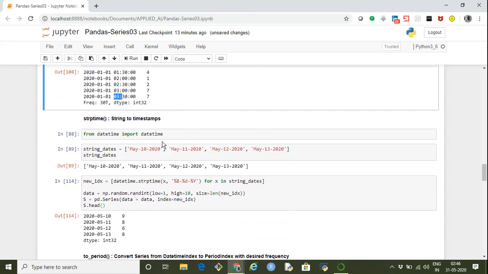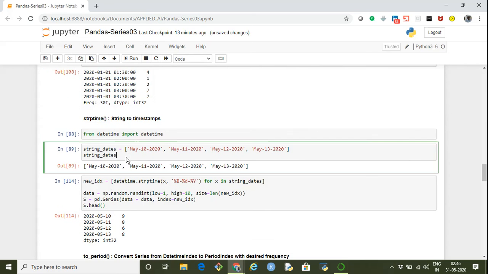Let's say we have a list of dates which are not in our standard format, in a slightly different format. Then we can convert them into timestamps using the strptime function. We just have to import another module from datetime, import datetime.